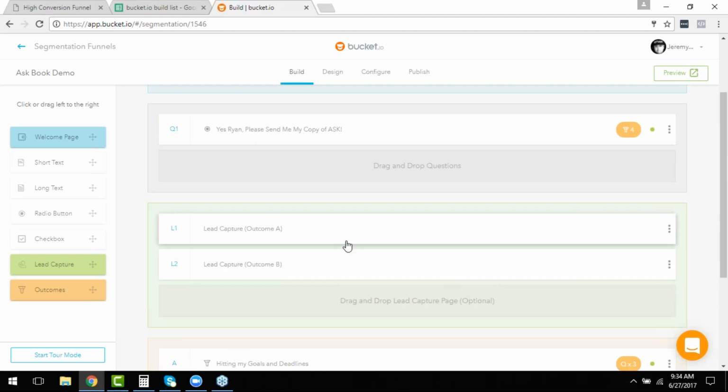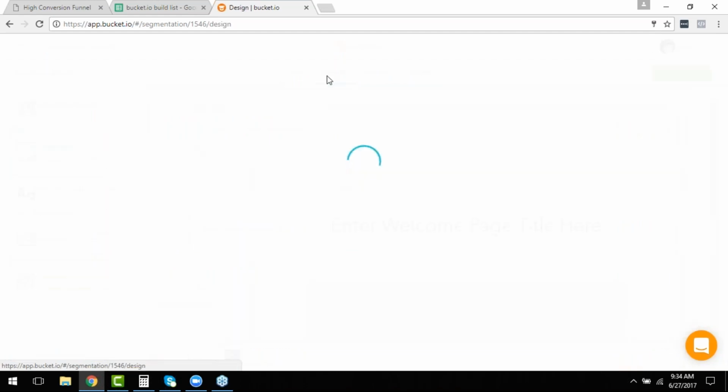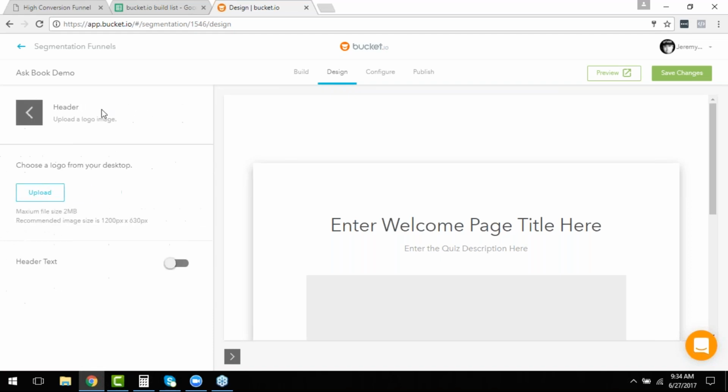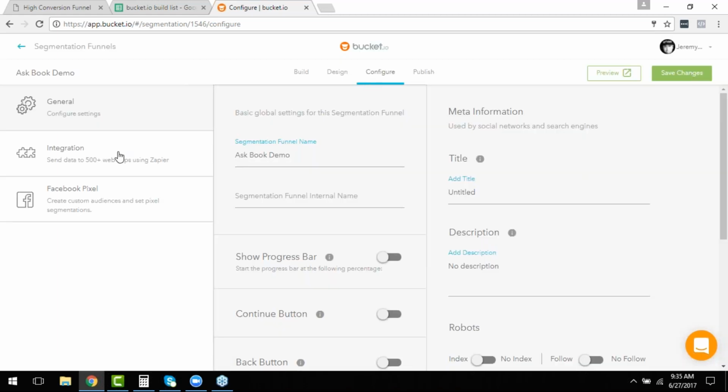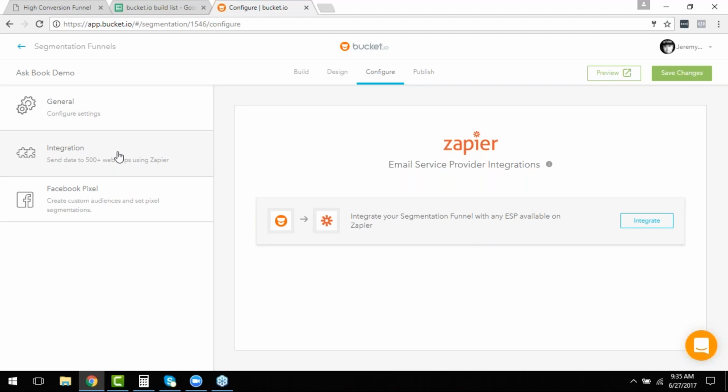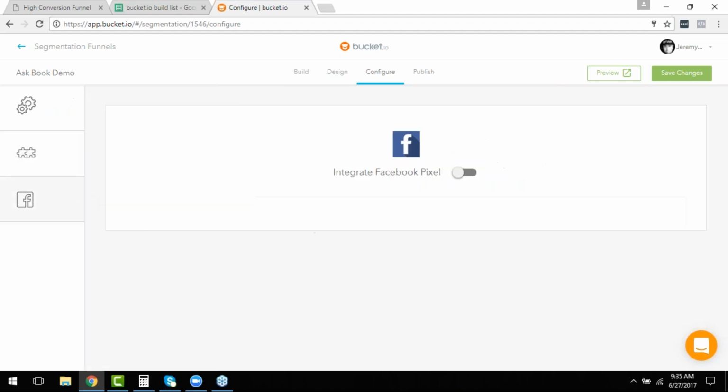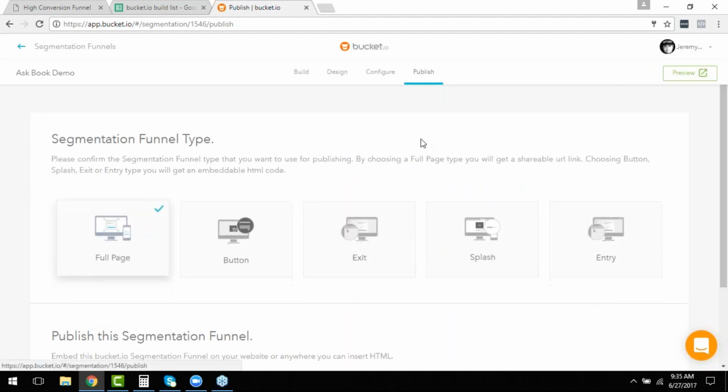And that's it. So once you actually have this thing built, you could do some configuration, you could do some design stuff. I'm not going to go deep into all the design stuff here. You can add logos, you could change the fonts, the coloring, you can add background images to make it look better. On the configuration side, like I said earlier, you could do integration with your email provider using Zapier. This is where all that takes place. And if you have questions on how to do these, we've got some really good tutorials in the knowledge base on bucket.io. And of course, we will be doing more in-depth training on this stuff later. Also with integrating your Facebook pixel for each of your survey files. And then finally, you'll come out here and hit publish,